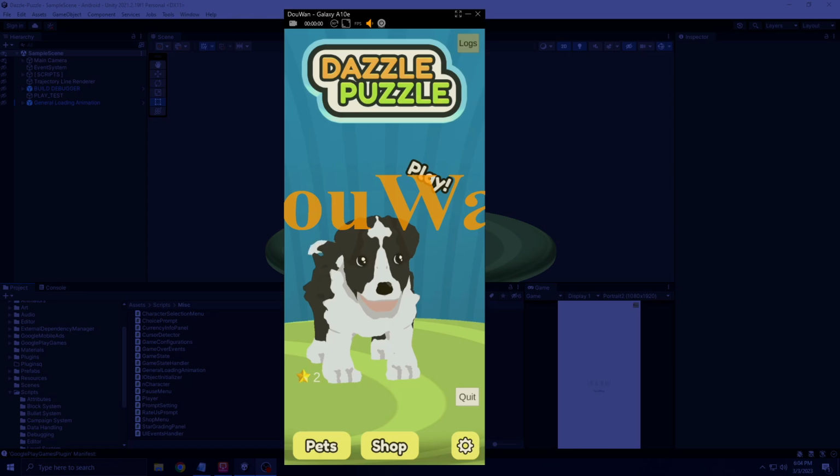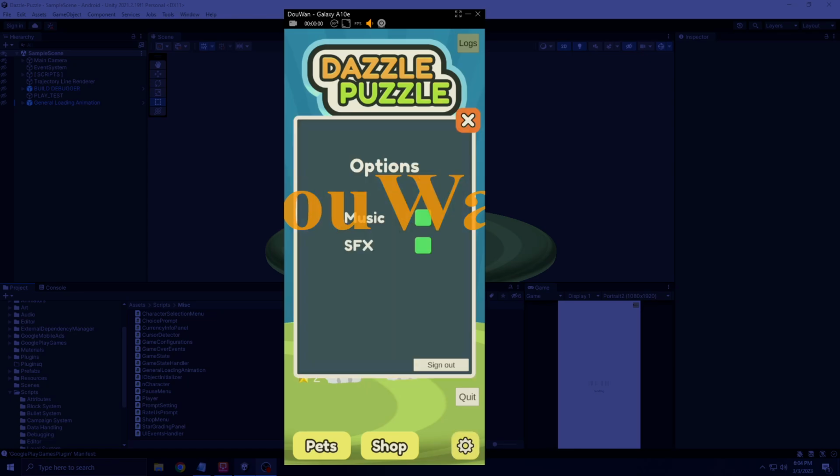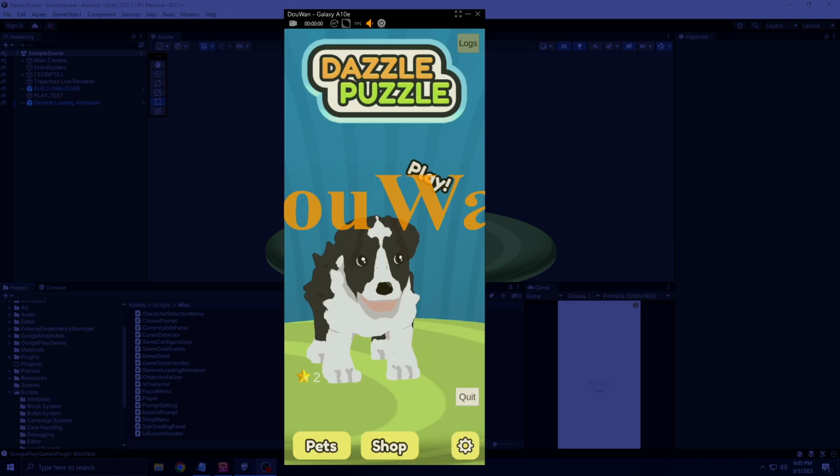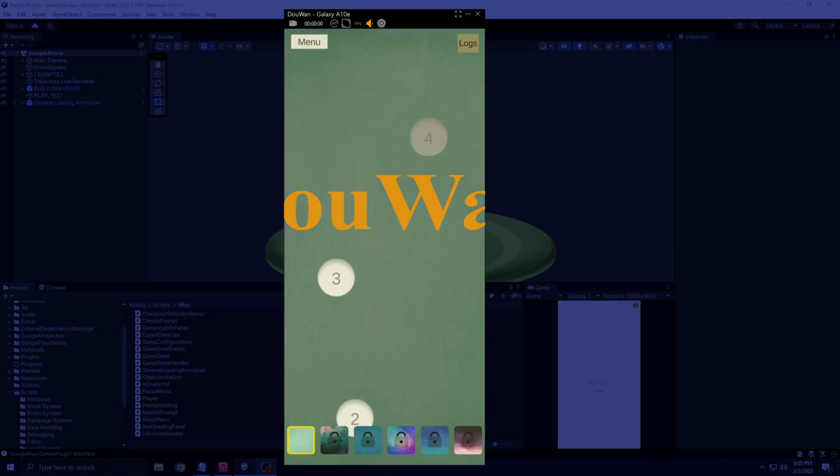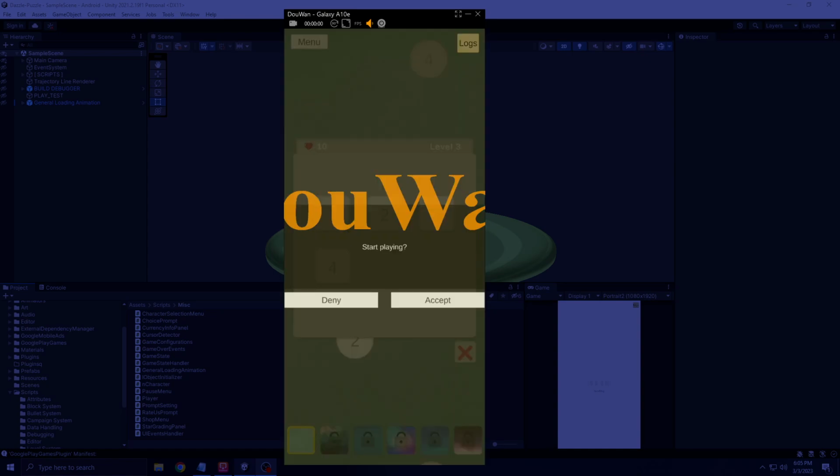So the first thing is the sign in button is in the settings menu now. So if you go into settings, you can sign in or sign out. I'm currently signed out or signed in. So yeah. So if I wanted to play the game, I have some data here already. So if I play the game, I'm assuming